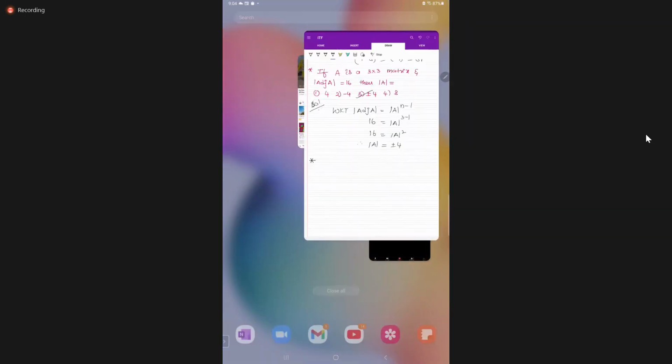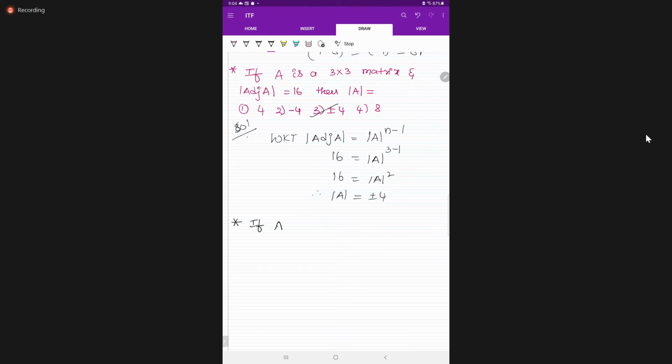Next. If capital A is equal to the matrix [1 square, 2 square, 3 square; 2 square, 3 square, 4 square; 3 square, 4 square, 5 square], then